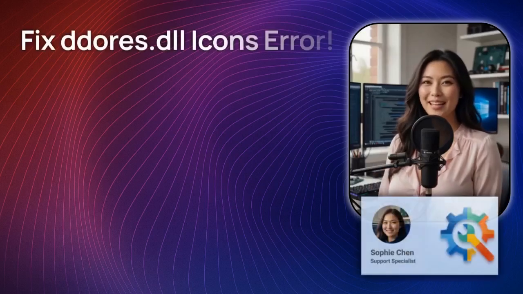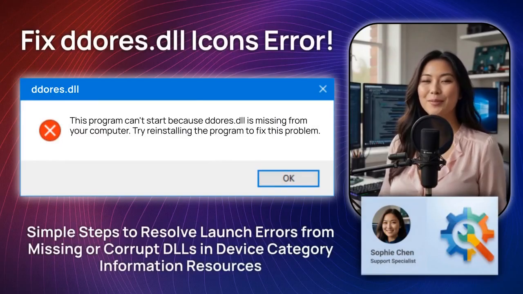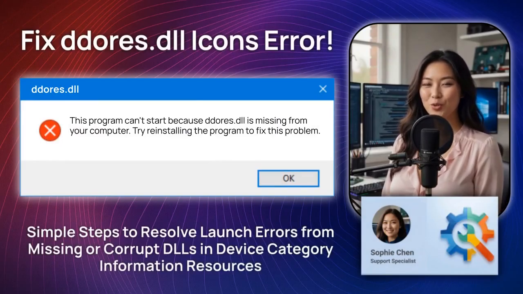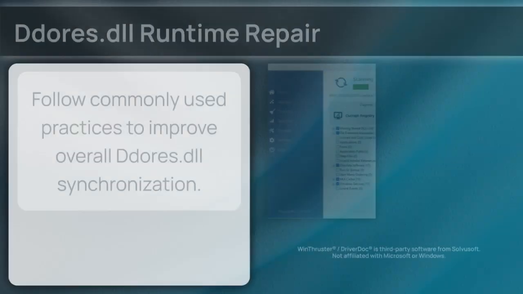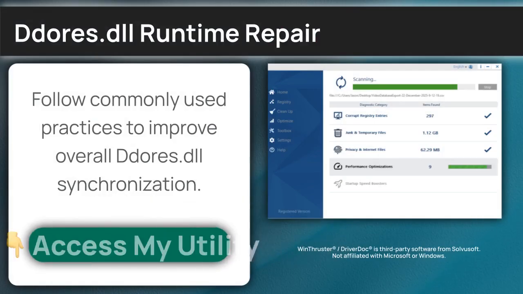Core system libraries failing because of the Ddores Library DLL? I'm Sophie Chen, a Windows System Specialist, and I'll show you exactly how to restore your stability. To start our troubleshooting for Ddores Library, you can follow my manual steps or use a utility for a clean